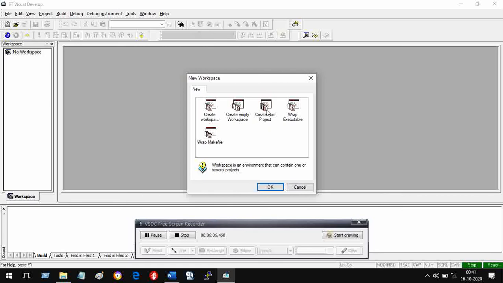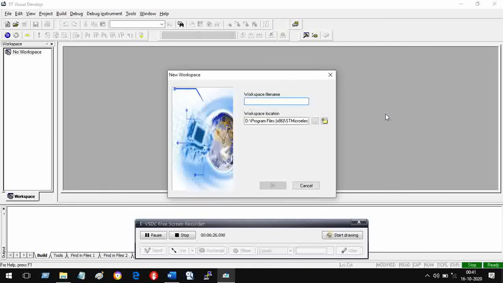This helps in the sense that there is already a project, and with the help of that project you create your project. So what we will do is create workspace and project. So I click it, OK.